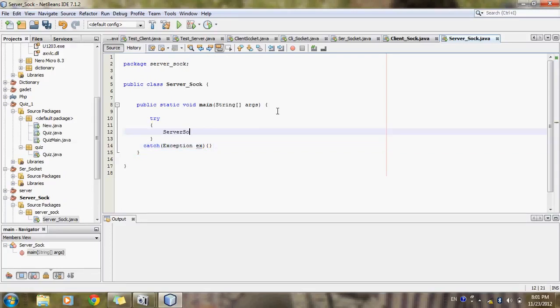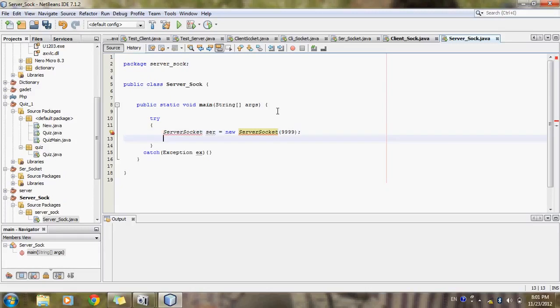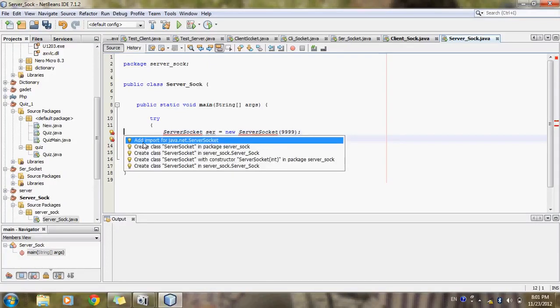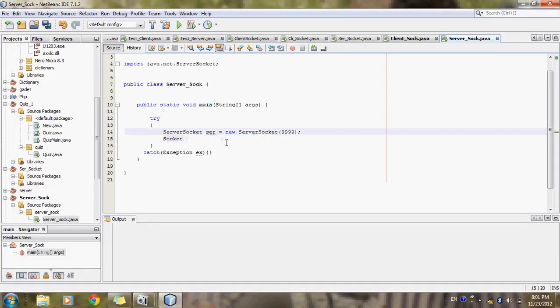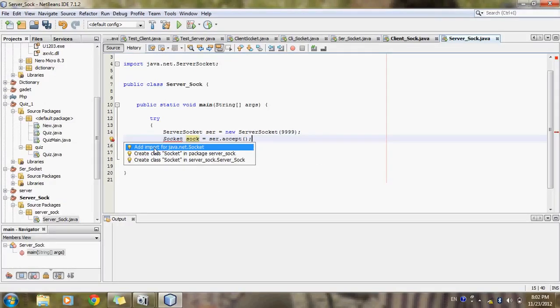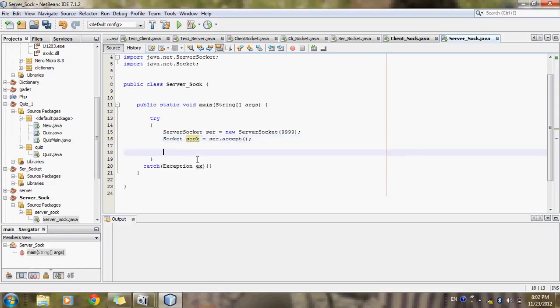exception ex variable. Okay, I will write the code inside the try block: ServerSocket, variable name, new operator for calling the object, ServerSocket, and I will pass only the port number as the parameter. Here, a socket name for accepting the data, a variable name for the socket which will accept the data on the server side through the server socket. Okay, I will pass the